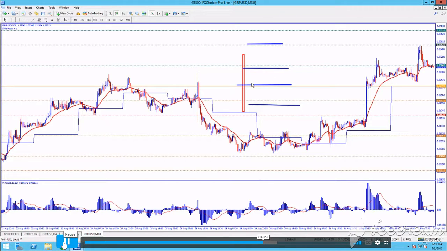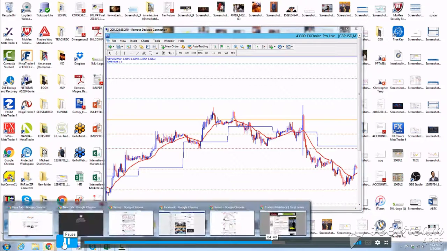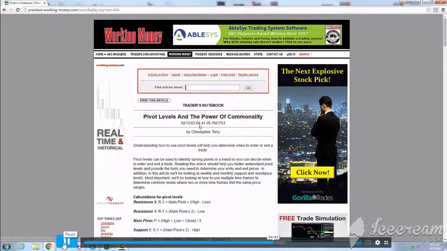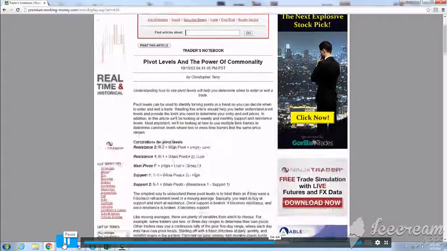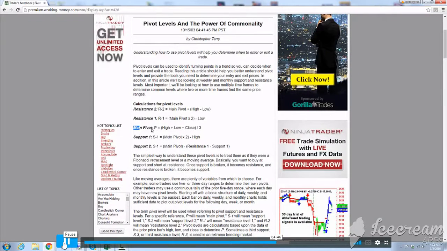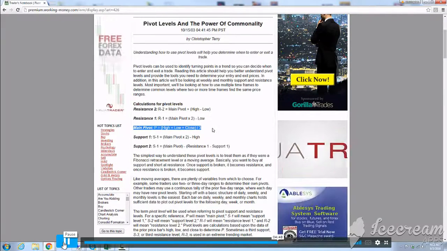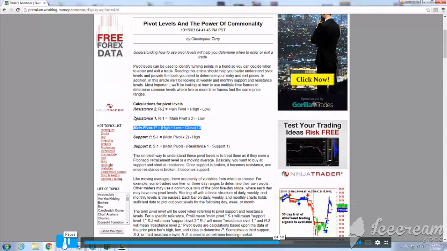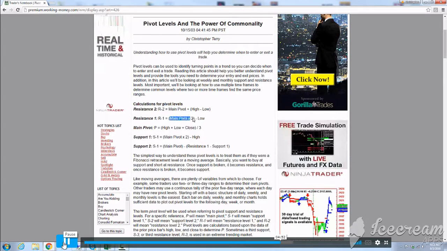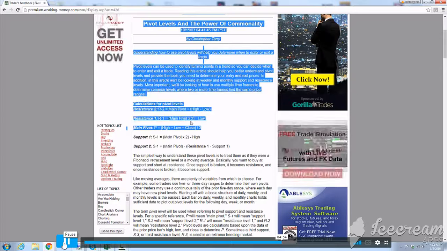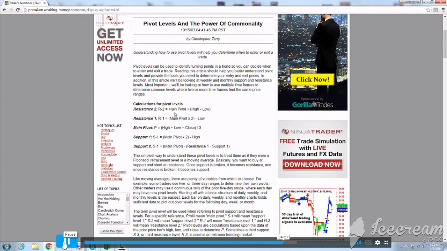So the market the next day, the following day, this is the prior day, the following day would adhere to these levels. Okay, so again, not to get too deep into it, and if you want, you can research the article I've done, where you have the main pivot, which is high, low, and close, divided by 3 from the prior day. And then resistance is the main pivot, which was created here, minus the low, and then the next one is the main pivot